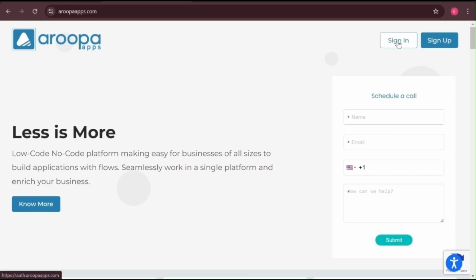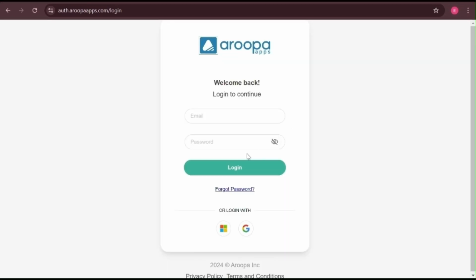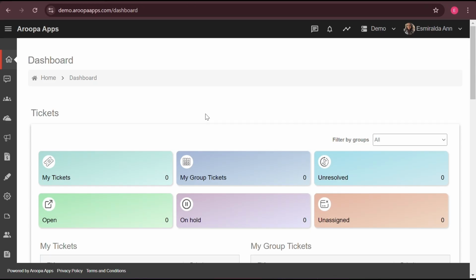Either sign in or sign up. Log in using your credentials. In this session, I'll guide you through the process of setting up an efficient event management system. We'll start by creating an event registration form using a tech summit as an example. Then, I'll show you how to design a survey form that will automatically be emailed to the attendees the day after the event.